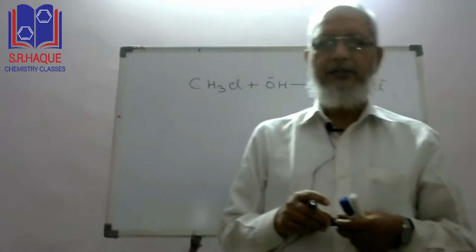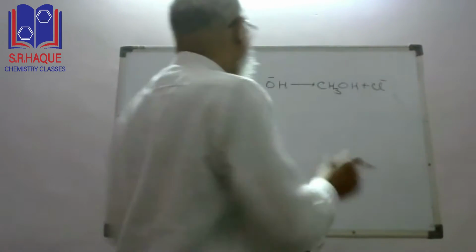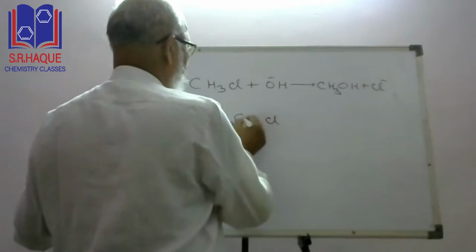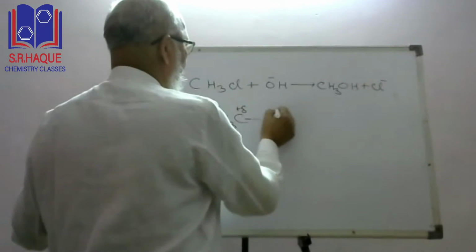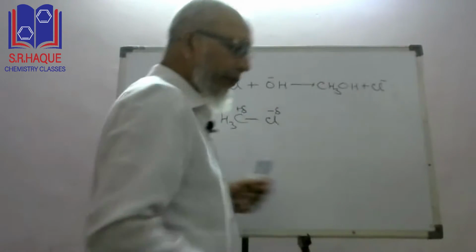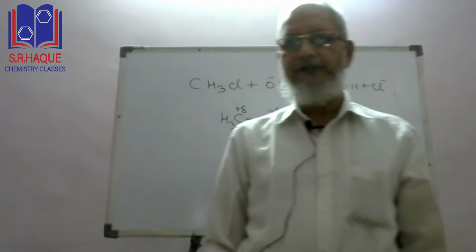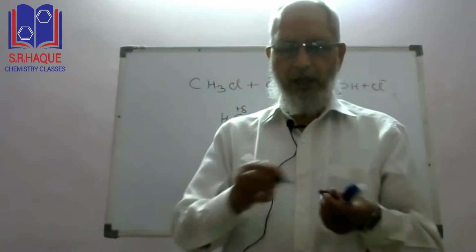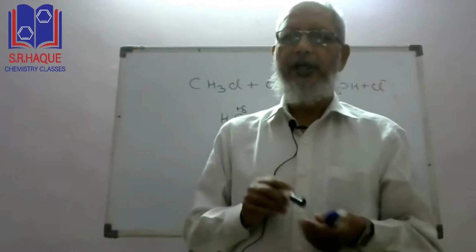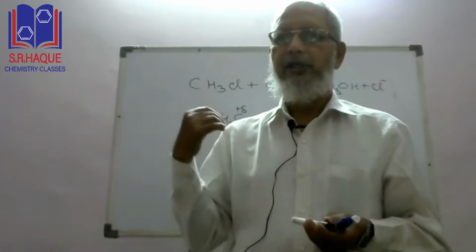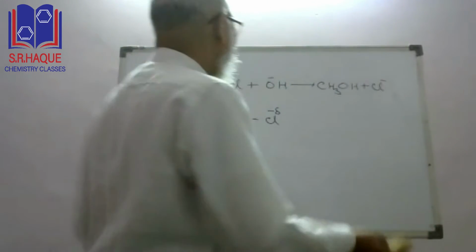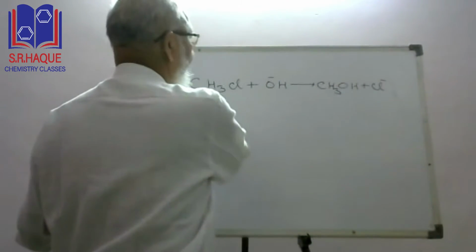Now alkyl halides being polar in nature, because of their polarity, a partial positive charge is developed on the carbon atom joining the halogen, and that's why the alkyl halides easily undergo nucleophilic substitution reaction. A nucleophile can easily attack at the electron deficient carbon atom, and hence we can say that it will show nucleophilic substitution reaction.